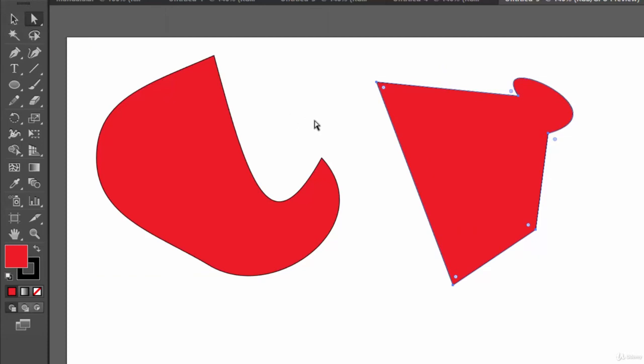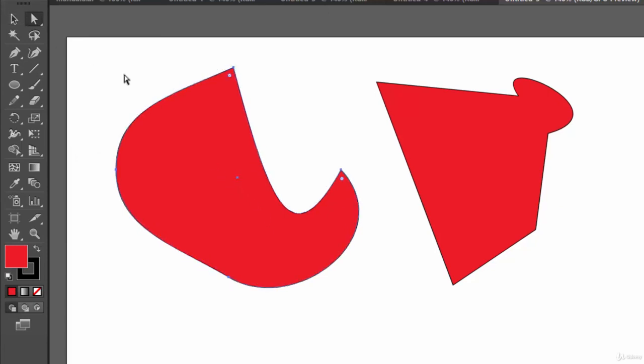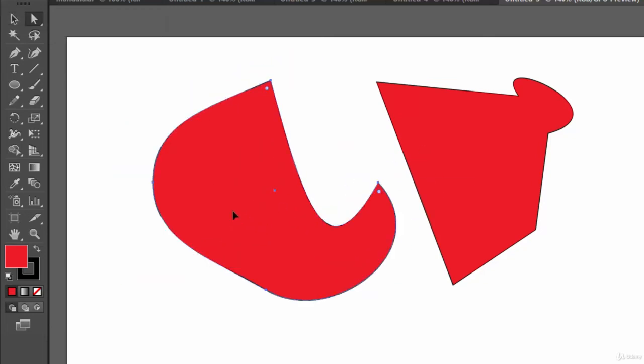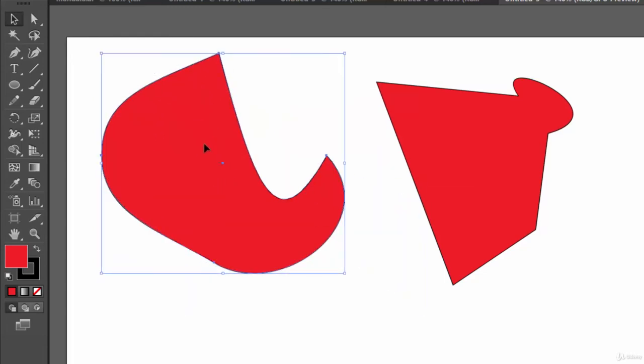So what's the difference? If anyone asks you what the difference between these two is, what will you say? See, this selection tool is used to select an object as a whole, right? Using this selection tool, you cannot select a single anchor point. If you want to select this anchor point by marquee over that anchor point, you cannot select only that point.